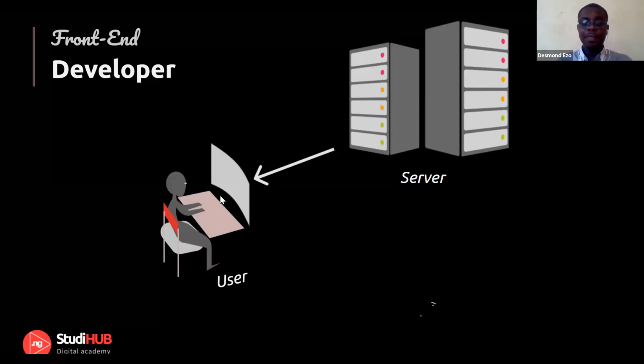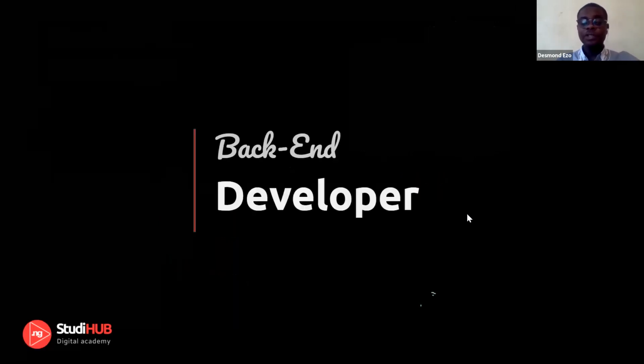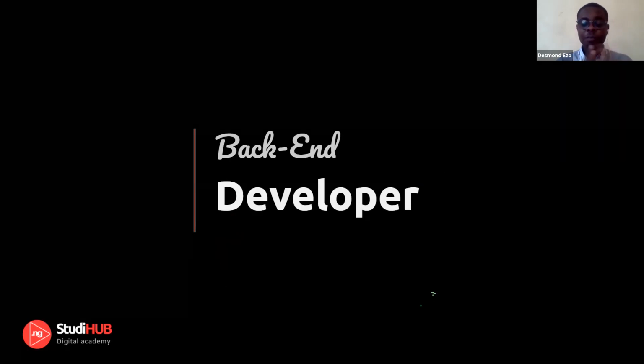So that now brings us to the question: who then is a back-end developer? Because we also mentioned back-end development there. Now, a back-end developer is the person who will write code that would run here. So let's look at this. A backend developer is somebody who writes server-side code. That is code that would run on a server. He or she is the person responsible for writing the business logic. He's the person who also creates a connection between the front-end code and the database.